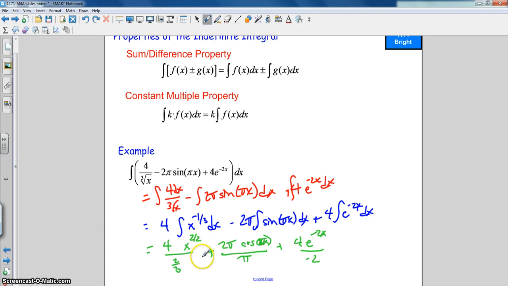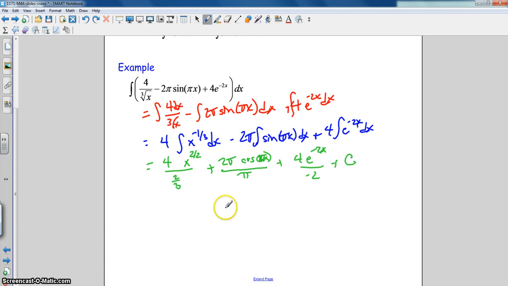And now technically for each one of these you would have to add on a constant, but adding up all those constants just results in another constant, so you can just add a constant at the very end. Okay, and now you could leave it like this, but really it's not that hard to simplify it one more step. So going ahead and doing that, this becomes 6x,